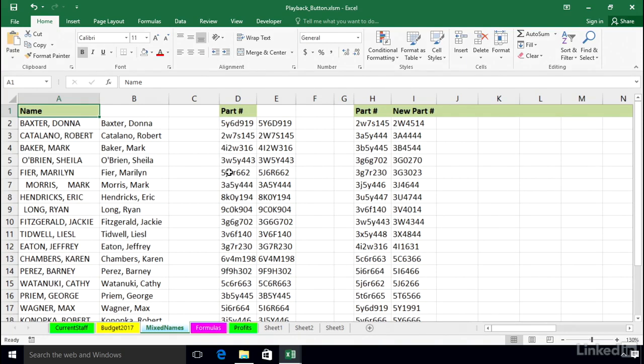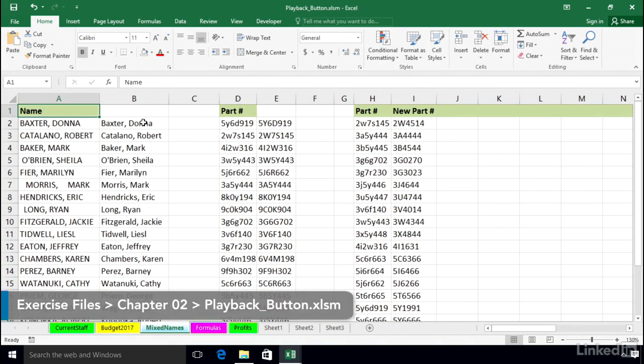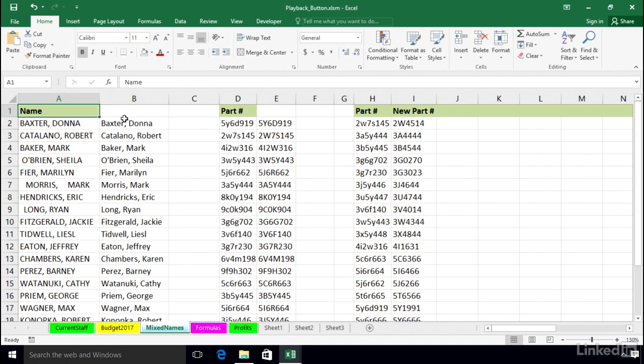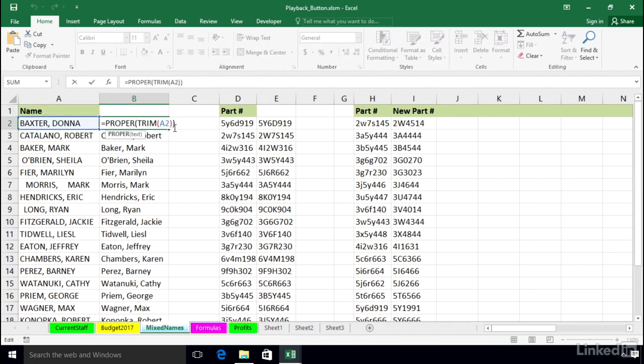We're looking at the workbook called Playback Button on a worksheet, mixed names. Now, in column B here, and in column E, and in column I, we've got something similar going on. We're manipulating data by way of using different functions. So in column B here, we're using two functions called proper and trim that are cleaning up the data in